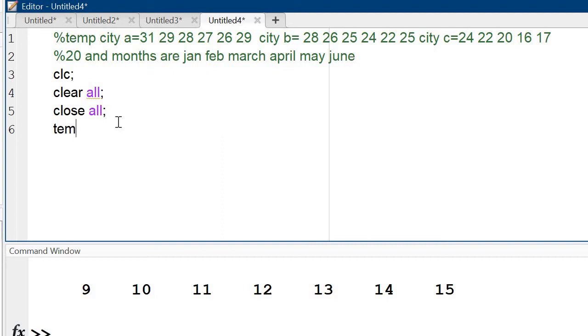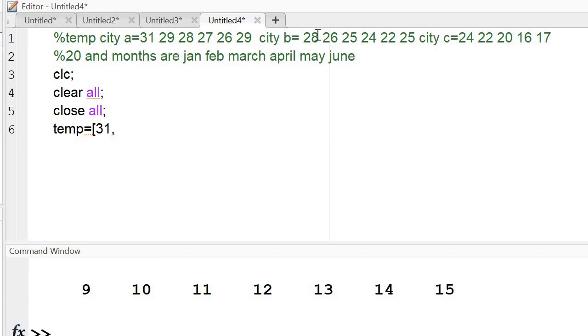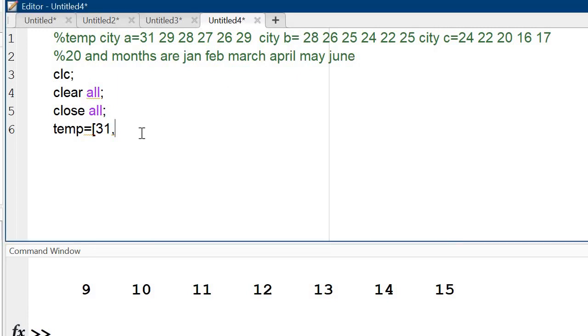I am taking the temperature. How to use this temperature in a formation: that is 31. Okay, use this comma. Again, 31. Next is city B, that is 28. Again comma, city C, that is 24. Okay. Now, because I am taking this in a matrix formation. Next is 29, 26, 22.